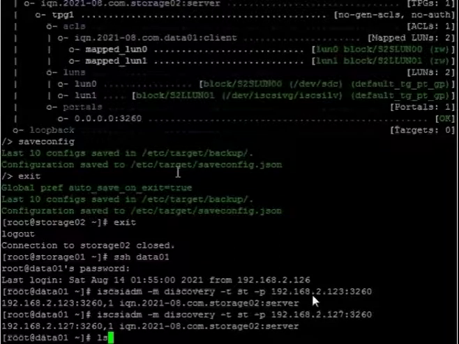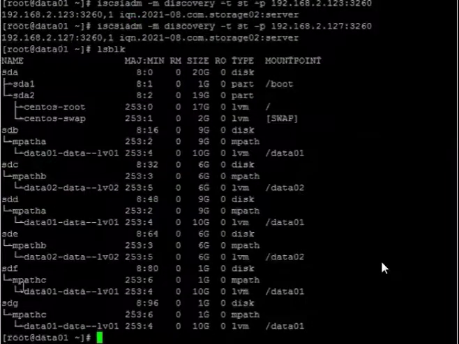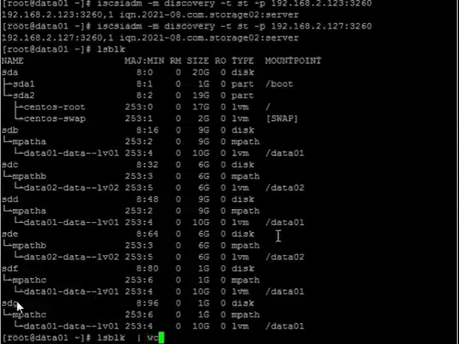First you can see there are two IP addresses, one is 123 and the other 127. From both the IP addresses, the target servers are visible. So now let's check the disks. Now you can see up to sdg disks are added to the server.